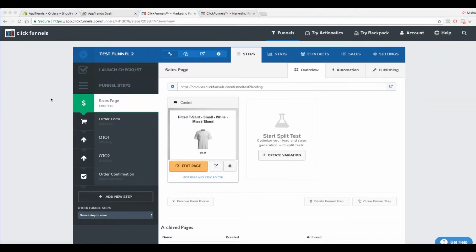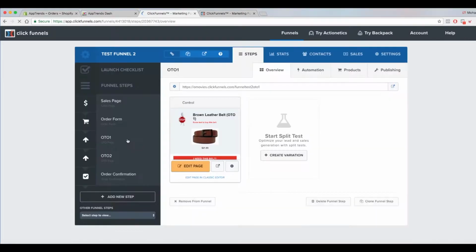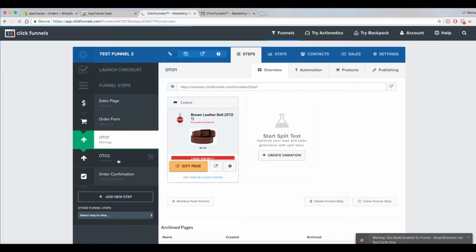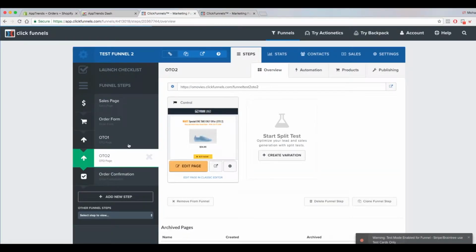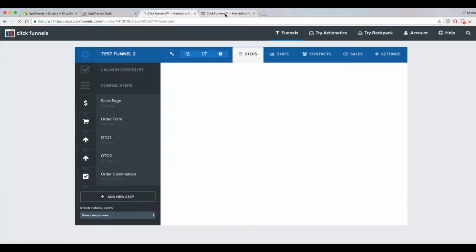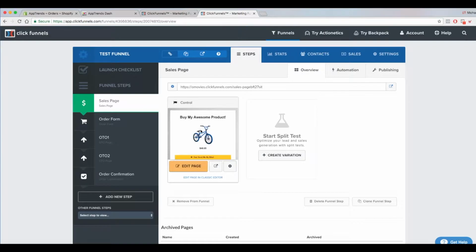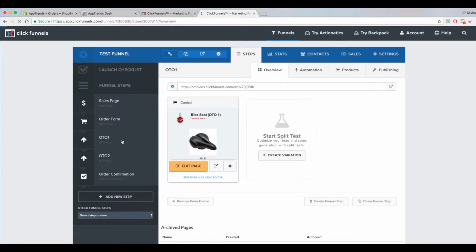And this is our first funnel here. I'm calling it my t-shirt funnel. So we got a white t-shirt here for $19.95. We got our first upsell, brown leather belt, and second upsell, pair of shoes. Standard stuff, right? Okay, so then on the next funnel, we have a bike, and our first upsell is a